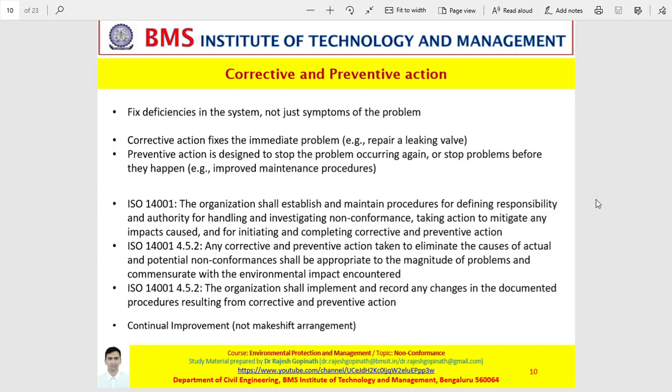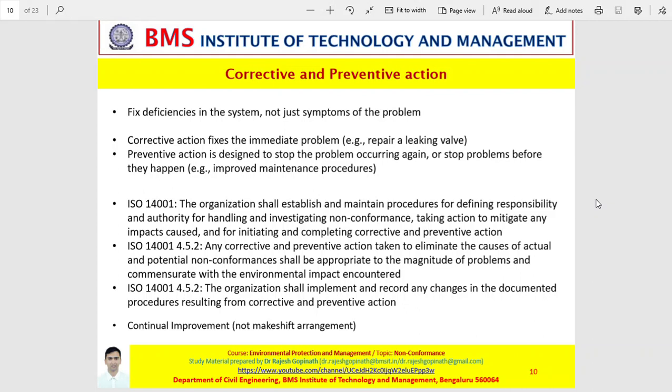As per ISO 14001, any organization shall establish and maintain procedures for defining responsibility and authority towards handling and investigating non-conformance, taking necessary actions to mitigate any impacts that may have happened, and for initiating and completing the corrective and preventive measures. If you look at 4.5.2 of ISO 14001, the corrective and preventive actions which are being taken is